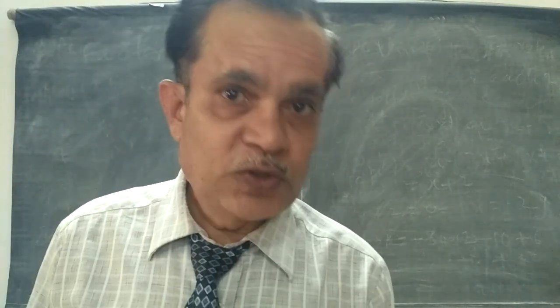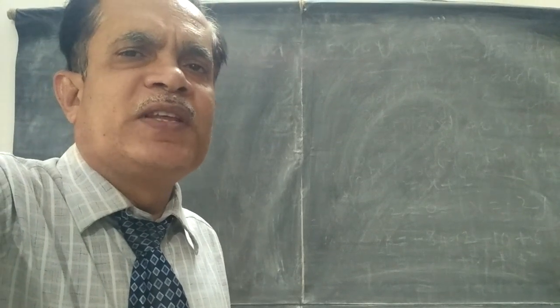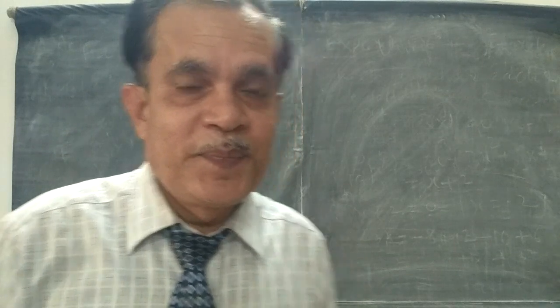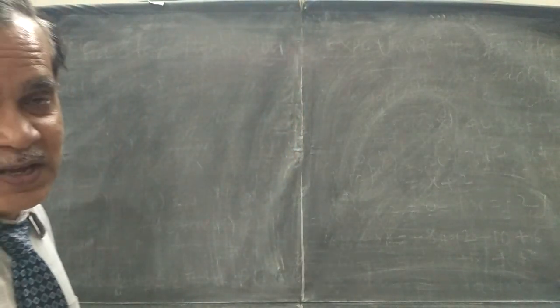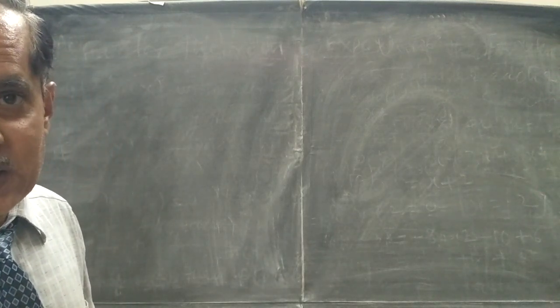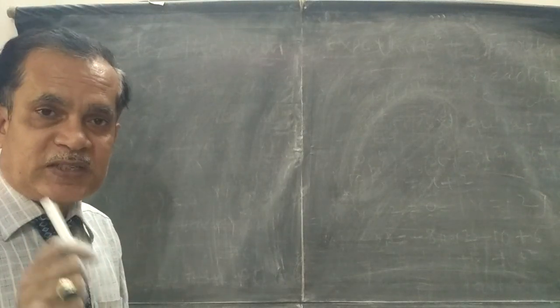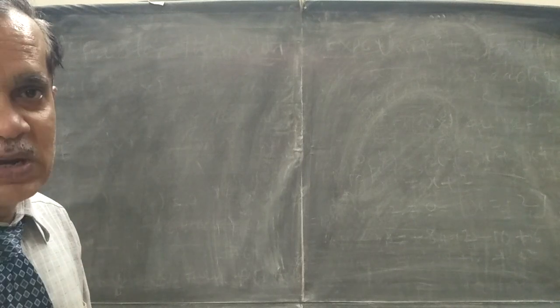Yes, students, welcome. We discussed the remainder theorem and understood that if the remainder is 0, then the second polynomial is a factor of the first polynomial. Also, we discussed the factor theorem. If p of x is divided by x minus a, number 1, if p of a equals 0, then x minus a is a factor of p of x. Number 2, if x minus a is a factor, then p of a equals 0. These two things you remember.